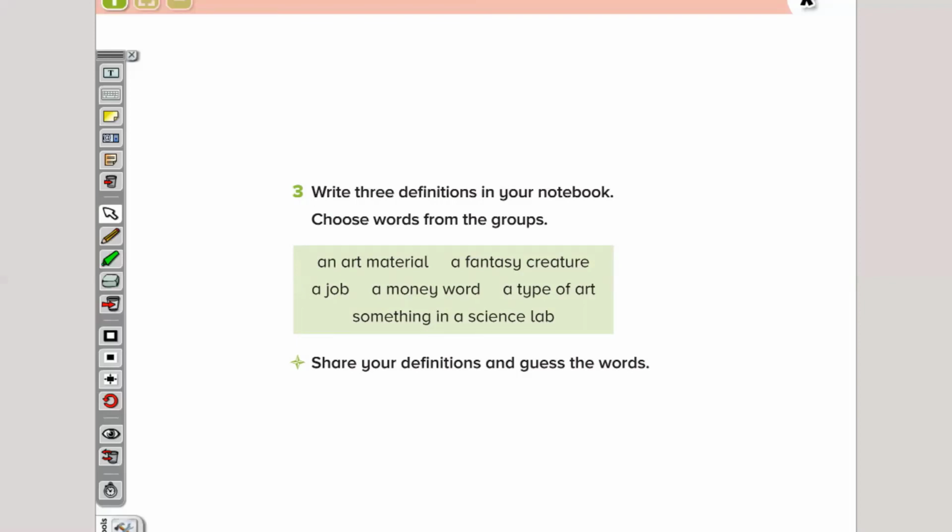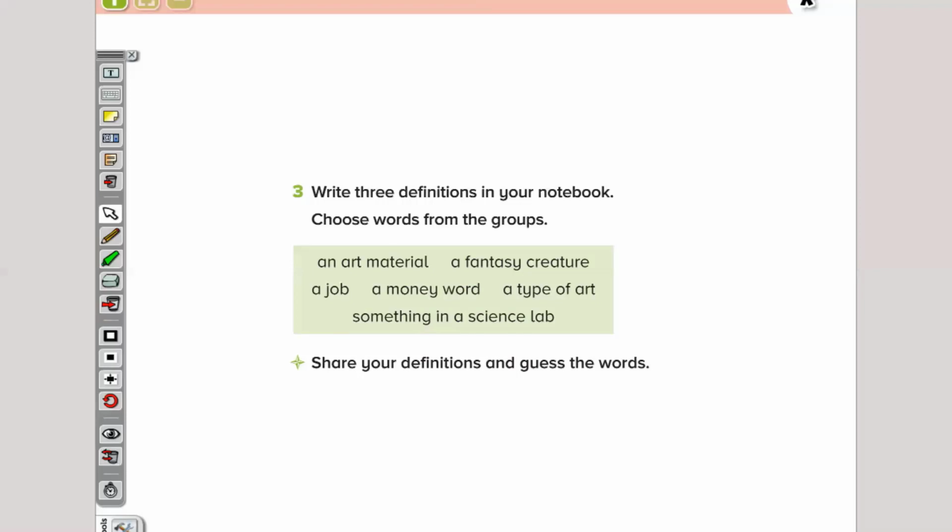This is a money word we use instead of paper money. A money word that we use instead of paper money. What do we use instead of paper money? Credit card. Yes, great. A type of art that Japanese people do with broken pottery. Do you remember? What is a type of art that Japanese people do with broken pottery? The name of that art was